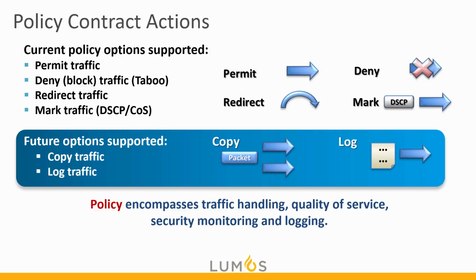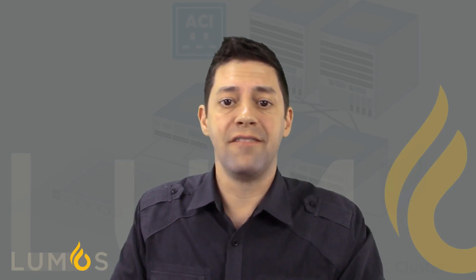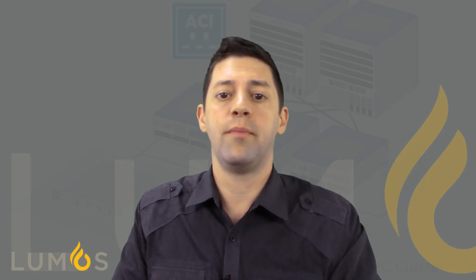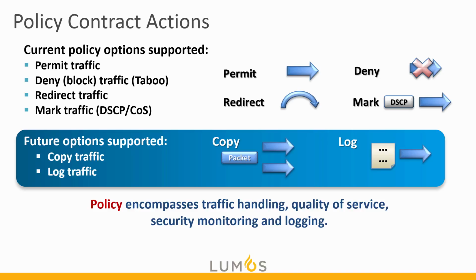Now a contract can certainly redirect traffic to L4 through 7, so that's another action, or we can mark DSCP. Some future options would be to log those as well as to copy. Now, we do already have support for SPAN and ERSPAN in the fabric, so why would we need copy? Well, SPAN is going to span everything from a particular port or possibly just from a particular EPG. We can narrow it down just to that, and that's going to be in the troubleshooting section,